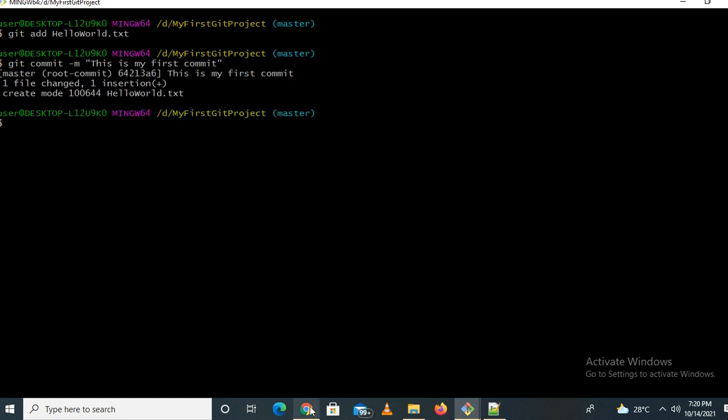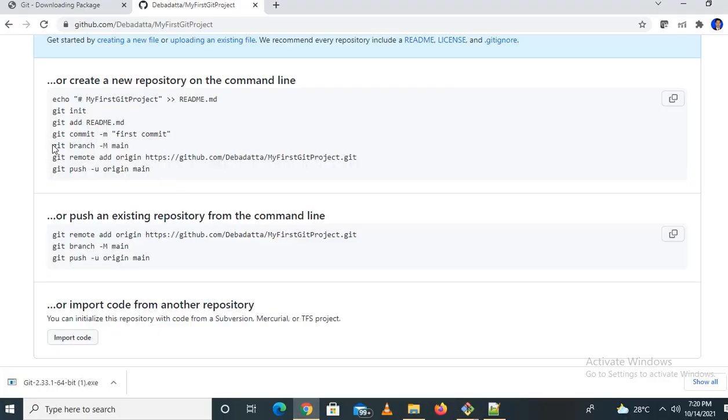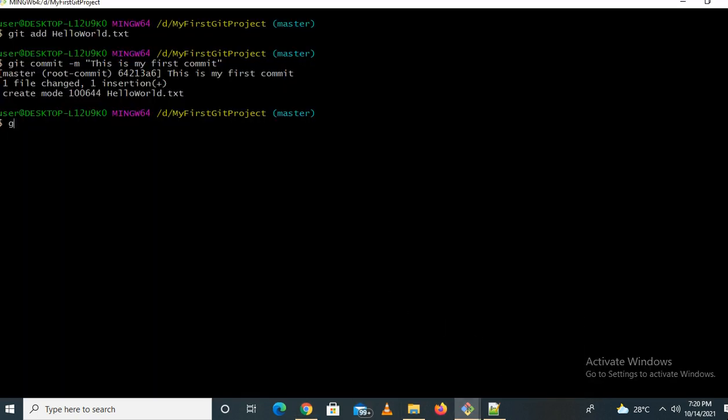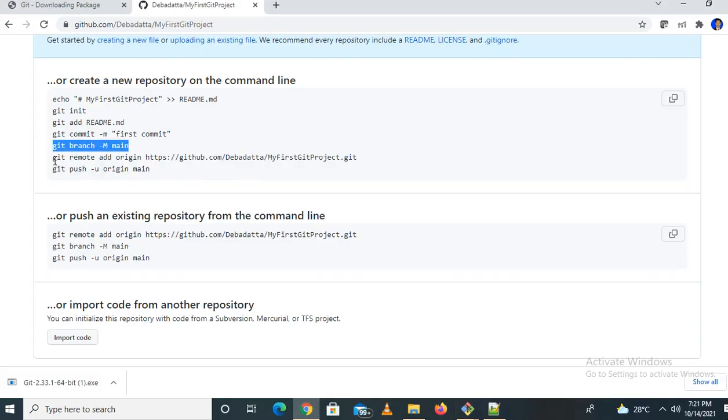Now when we push to the remote branch, we should add the remote. You can follow this command also. Because this is the main branch we need to push, we need to configure it for the main branch. git branch -M main, I think. You need to add this